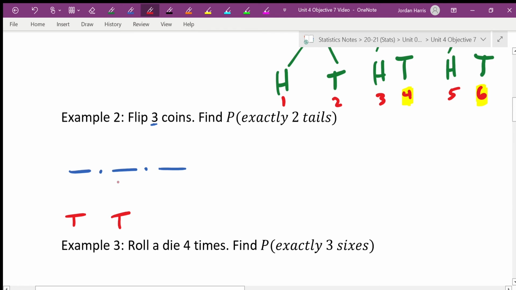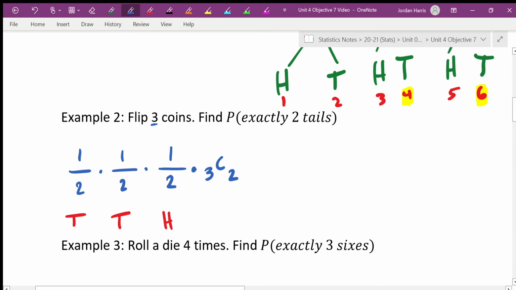Well, if I want 2 tails, that means the third coin must be heads, right? Because that's 2 tails. So I think about, okay, what's the probability of getting tails on that first coin? 1/2. And the second coin, 1/2. And the third coin to get heads happens to also be 1/2, but be careful about that. But most of you are probably saying, well, what if I got a heads and then 2 tails? Hopefully you're thinking that, and that's true. So we have 3 coin flips, and we have 2 tails, and we want to find how many different ways we could get that. So we're going to multiply by